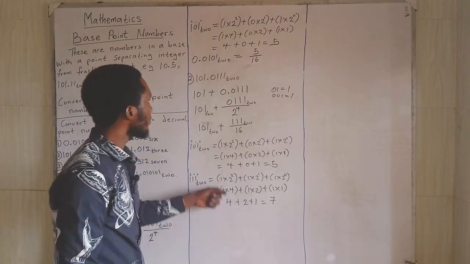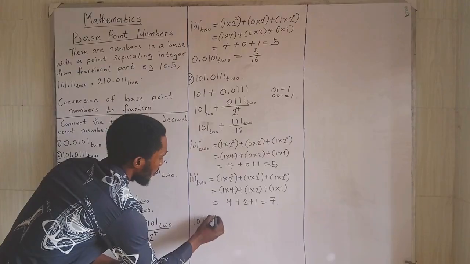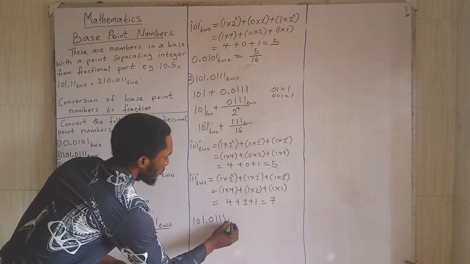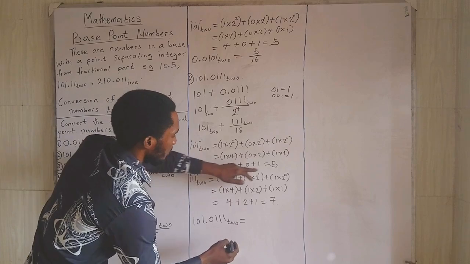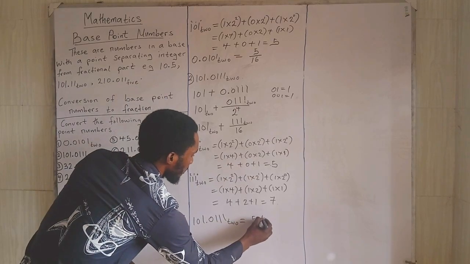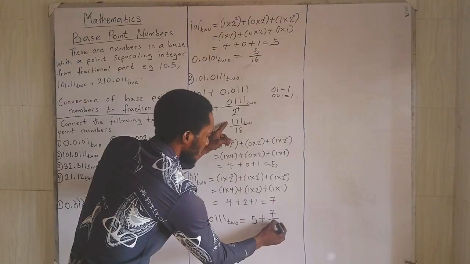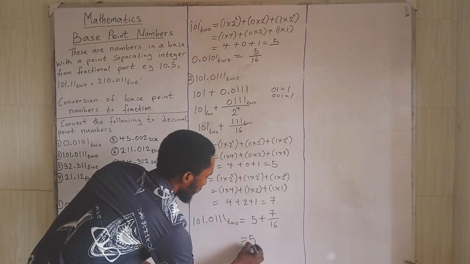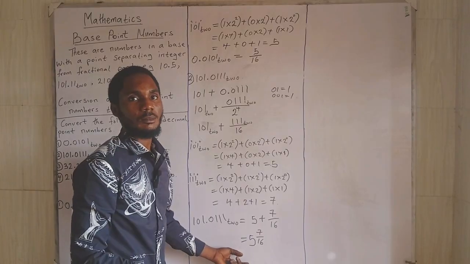That means that 101.0111 base 2 is equal to 101, that is 5, plus 111, 7 over 16. So this is 5 whole number 7 over 16 in fraction. Example